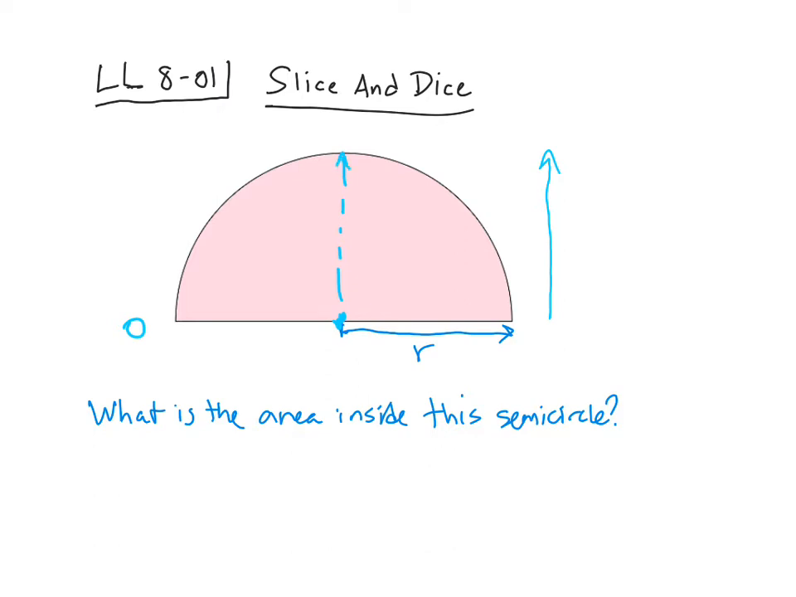You have any idea what that height would be? Well, if you believe this is a semicircle of radius r, then that top height should be a height of r. And then the question becomes,